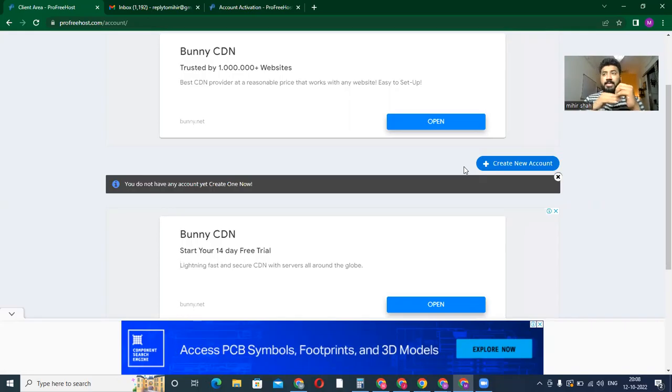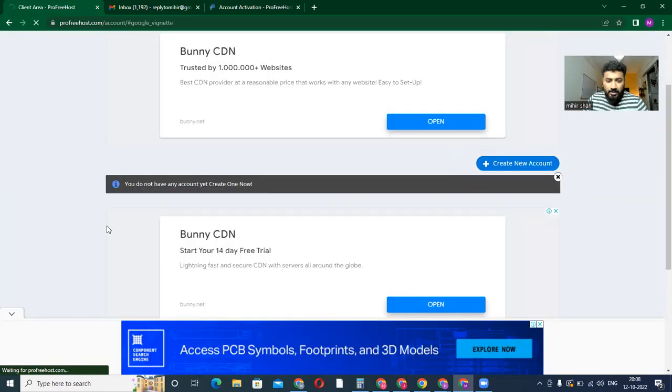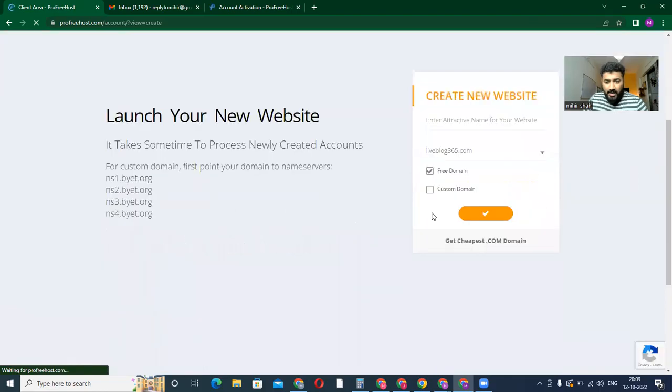So let me explain to you what an email address with respect to website looks like. So let's talk with respect to the website first. Now, what is a website? Website is a store which is digital in nature. Basically, it's your store on the internet. So when you create this particular website, its function is pretty much how you would register a brick and mortar store, right? So when I click on create a new account, the first thing it will ask you